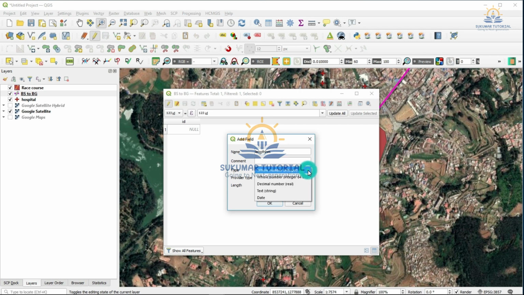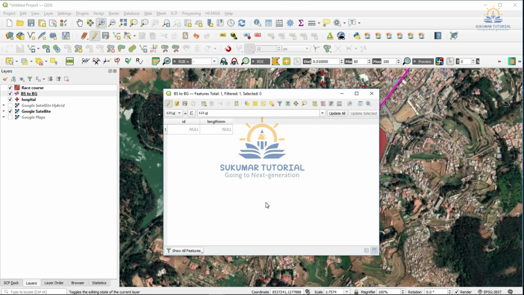So again I go here, make it decimal, then precision I give 2, say OK. Length in meter has come.